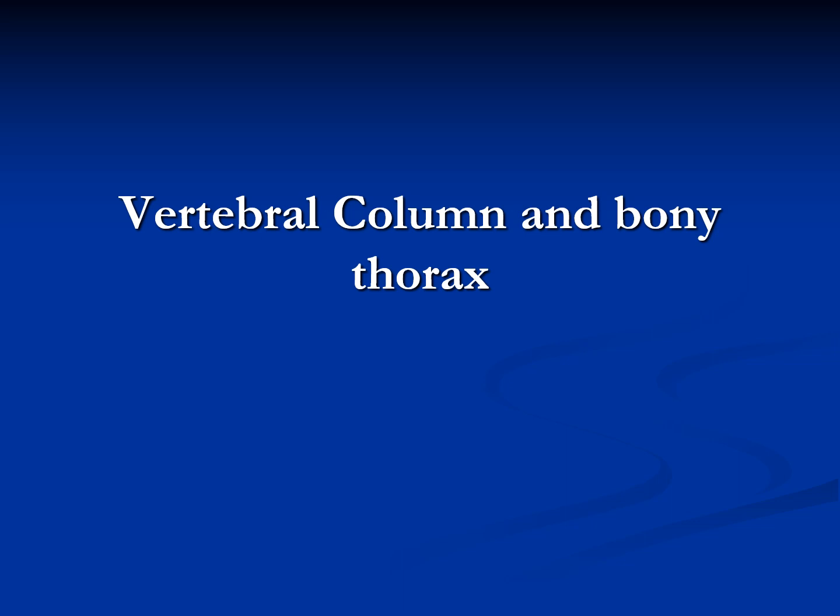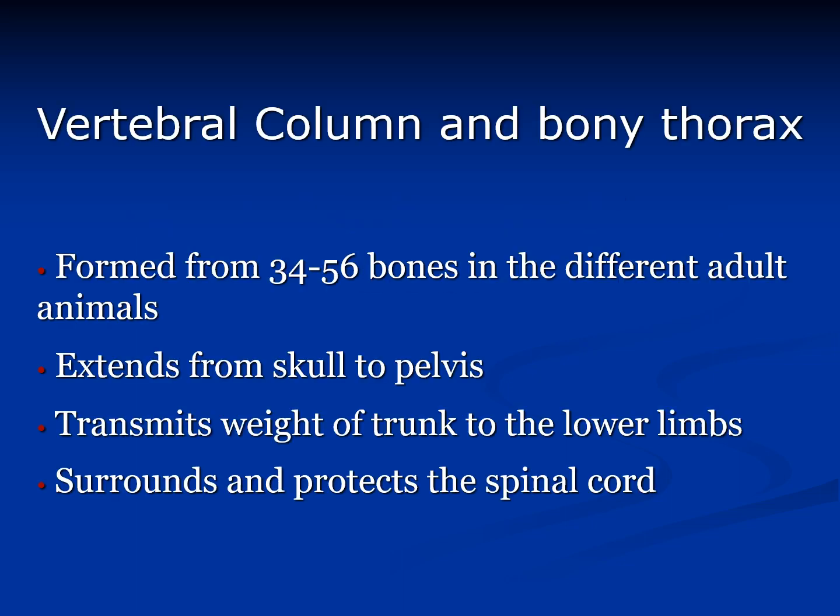Good morning. Today I will start describing the vertebral column and the bony thorax. As you know, the vertebral column and bony thorax form from 34 to 56 bones in different adult animals. Usually it extends from the skull to the pelvis. The most important function is to transmit the weight of the trunk to the lower limb. And usually the vertebral column surrounds and protects the spinal cord, and the bony thorax also surrounds and protects the